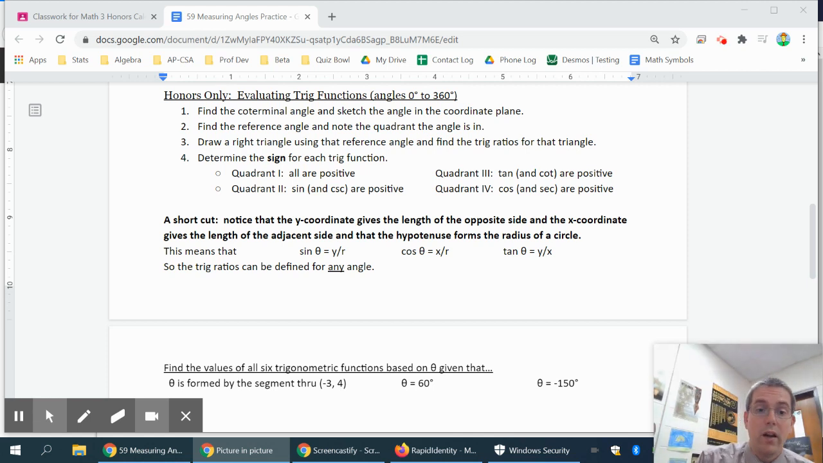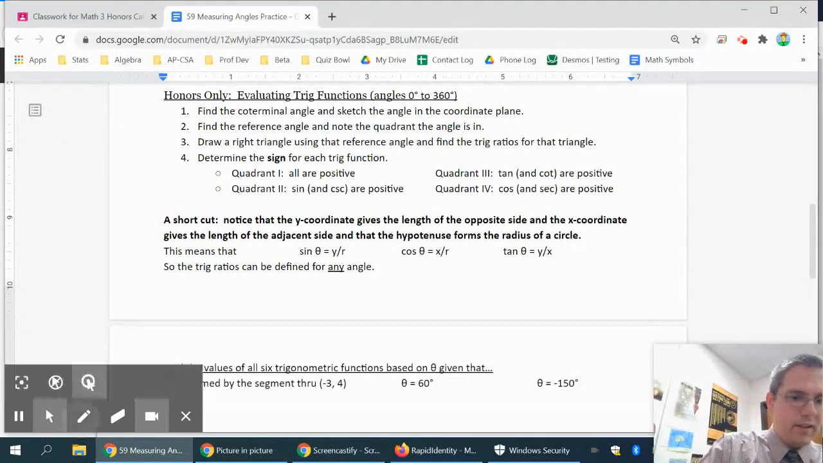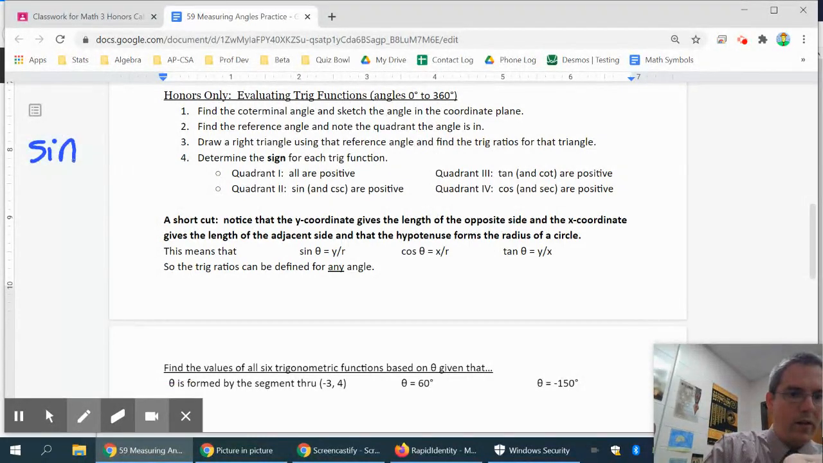Okay, this is for my honor students because it's important that you know how to evaluate some trig functions for angles that are bigger than 90 degrees, things that you wouldn't see inside of a right triangle, but they're still angles that occur in the real world and you have to deal with. So let's start with something like a sine of